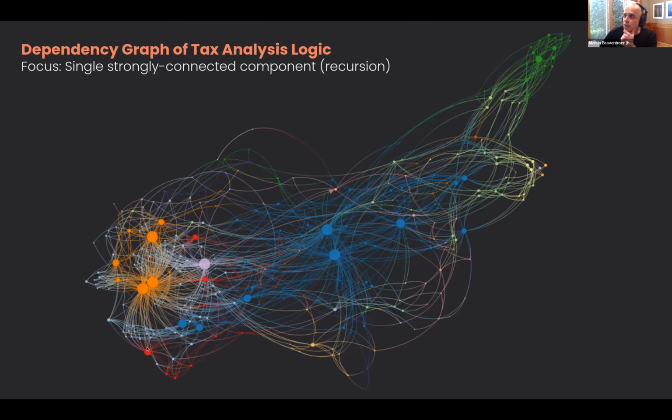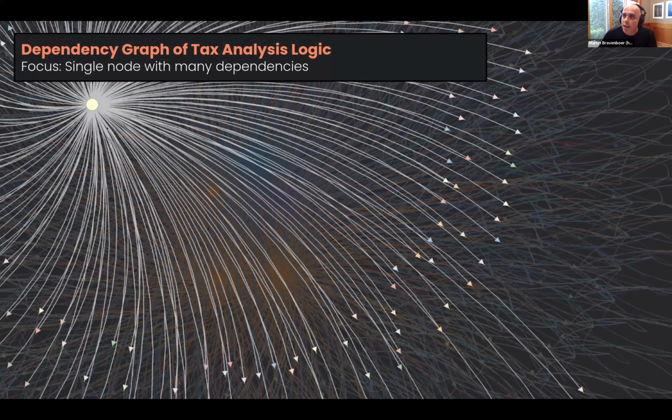Zooming in a bit, this is one strongly connected component. These are all mutually recursive definitions. This is from an application in text analysis. We support that, based on our foundation in Datalog and differential dataflow. And this is one node, so you can see how many edges this has. So dependency analysis is quite tricky. It can be very expensive to keep this kind of provenance, so we're spending a lot of time fine-tuning that area.